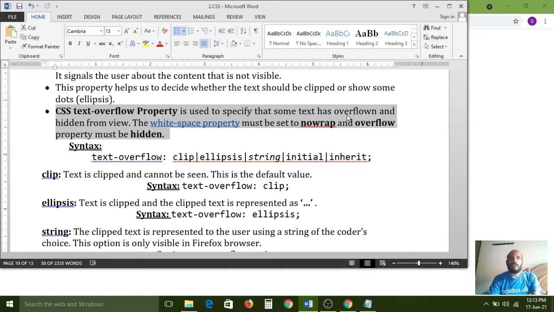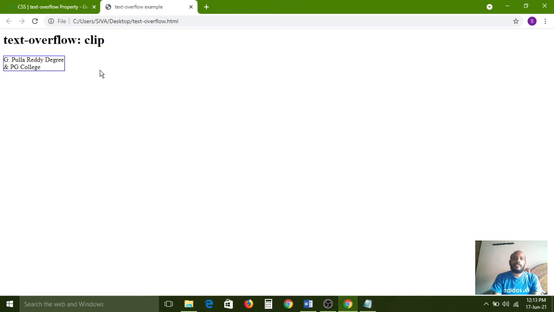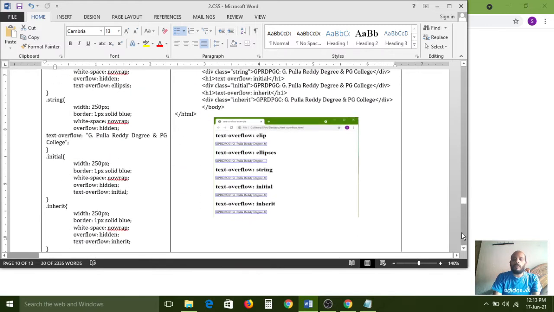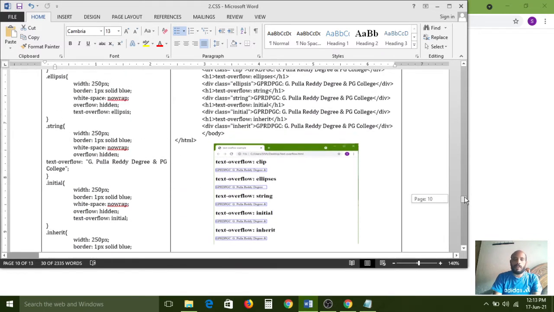But if your text is not overflowed, it is not needed. So if you need to try this yourself, first you need to design the text so that some text is not visible to the user. You need to write a program like that. Then only will you understand the text-overflow concept.